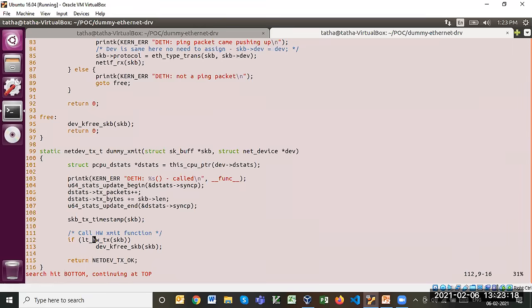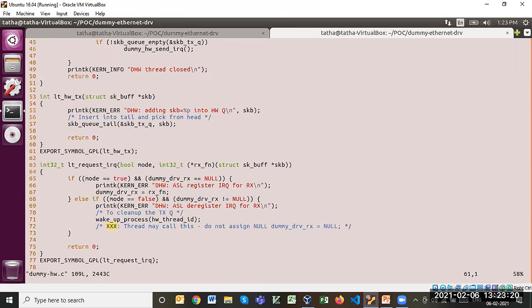Here, I am sending this packet to the hardware layer, and there I am adding this packet into a queue. And there is a thread running in my system.